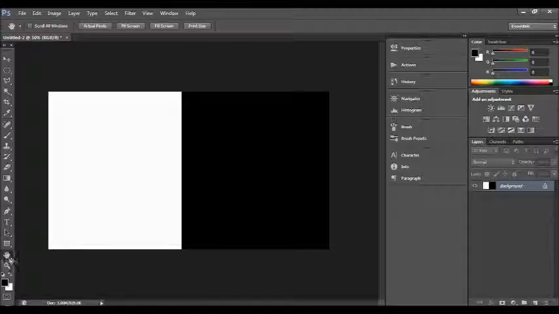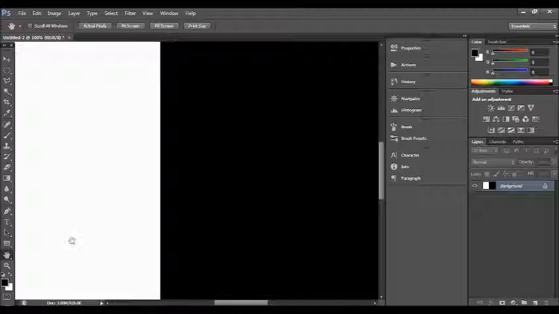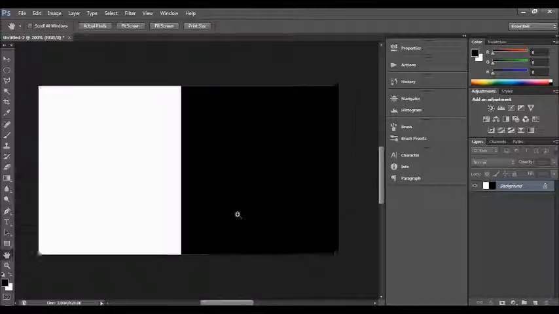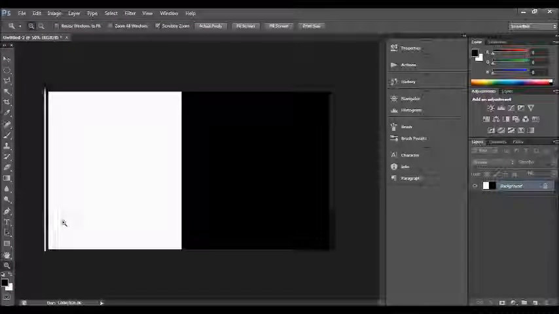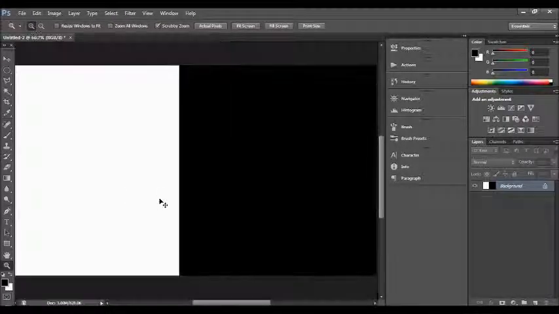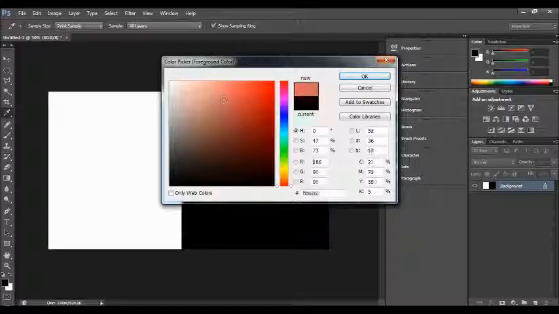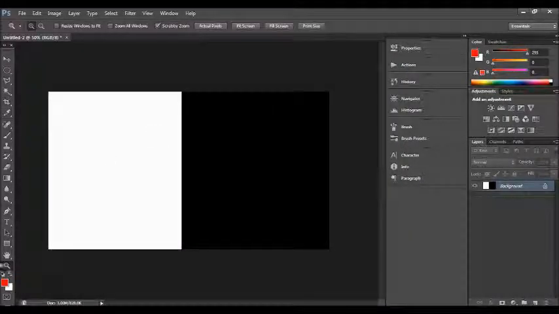And finally we move into our final section. We have the Navigation tool, or the Hand tool, allowing you to move around once you've zoomed into your image. We have the Magnifying tool, which I was just using to magnify into the image, allows you to zoom in closer. We have the foreground and background colour tool, and if you click on that you can change your foreground and background colour. And finally we have the quick mask tool, which comes in very handy, allows you to paint and turn that into a selection, but we'll get onto that